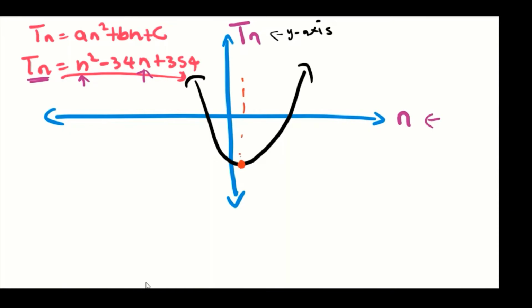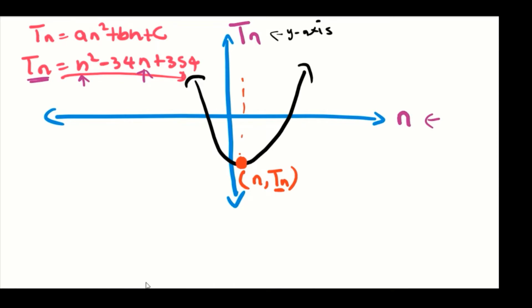At the turning point, you have the least or the smallest value of your y, because you're used to the y-axis, right? Your y values, which in this case is Tn. So if you were to write the turning point, it's going to be n and Tn, right? So I want to find the smallest value of Tn. The smallest value of Tn happens here,